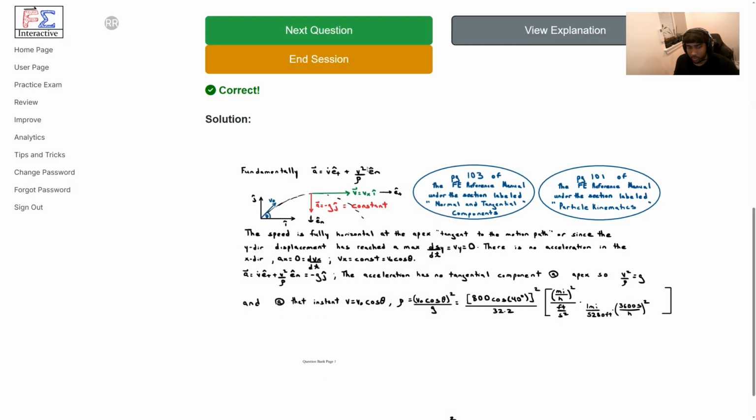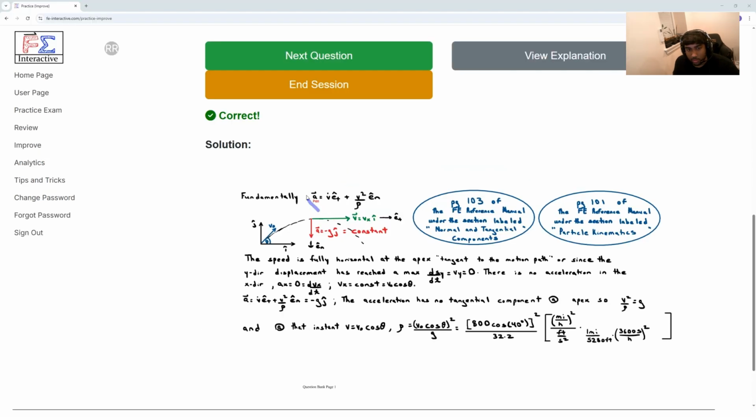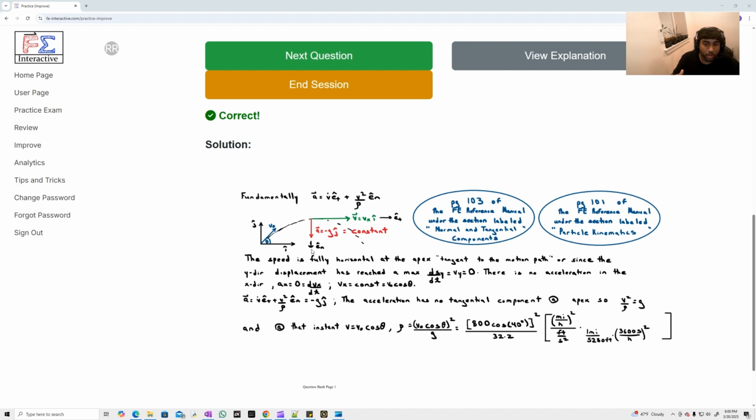Just quickly walking through what we did. Fundamentally, we realized that the acceleration is just the rate of change of speed in the tangent direction plus the speed squared over the radius of curvature in the normal direction. We drew out the tangent and normal unit vector directions. We noted that the speed is pointing only in the tangent direction, and the acceleration was pointing only in that inward pointing normal direction. Using that the acceleration was pointing downward,